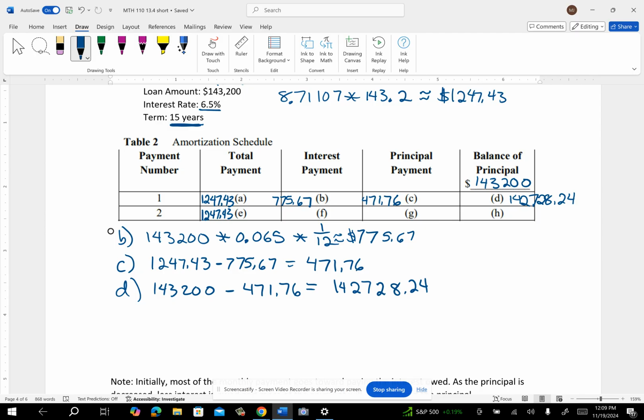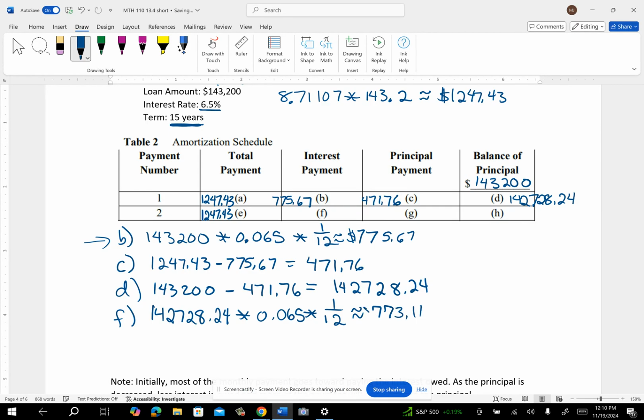All right, so we know E already. It's the regular mortgage payment. But what I'm going to do is work on something similar to what I did to get B. I'm going to work on F. All right, but this time I now only owe the amount at the start of month 2. That's how much I owe. The interest rate is 6.5%. And I'm just calculating the interest for 1 month, which is 1/12 of the year. So I'm going to work that out to get this